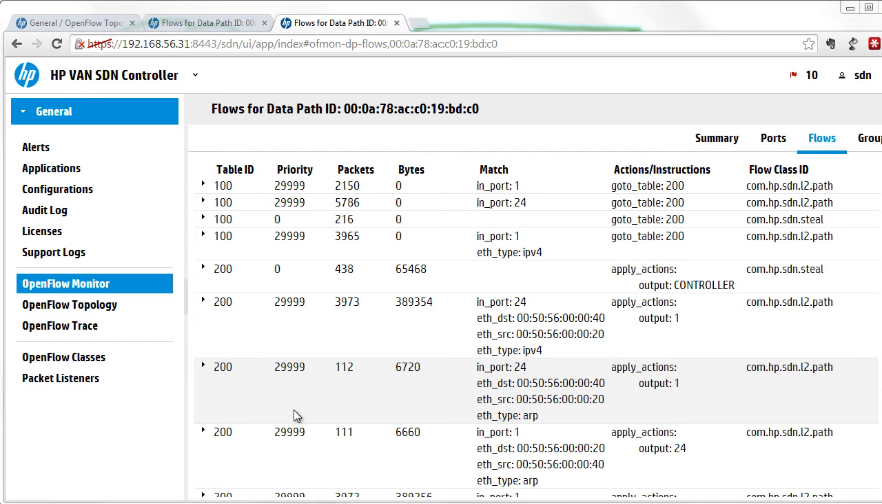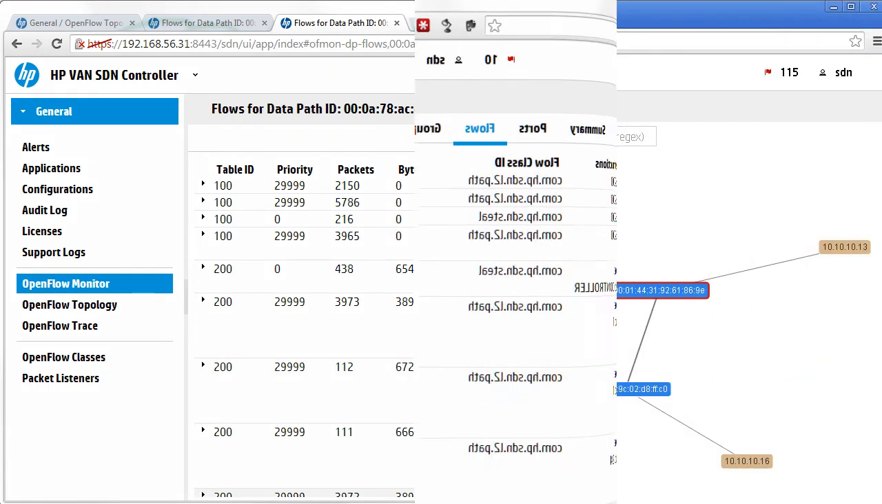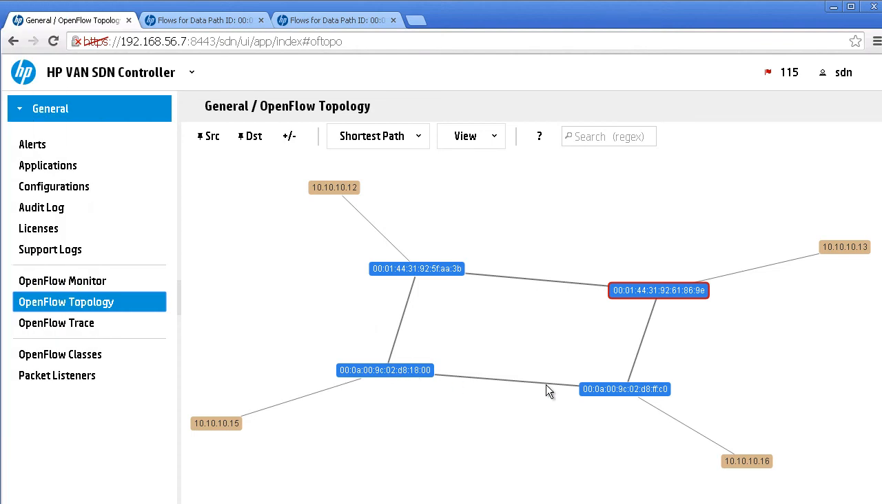So now I'm going to show you the hardware table on a 3800, which is a version 2 ASIC ProVision switch, and then I'll show you the hardware table of a Comware-based switch. In this topology, I have two 3800 ProVision switches and two 5900 Comware switches. So let's start with the switch on the bottom left. DPID ends in